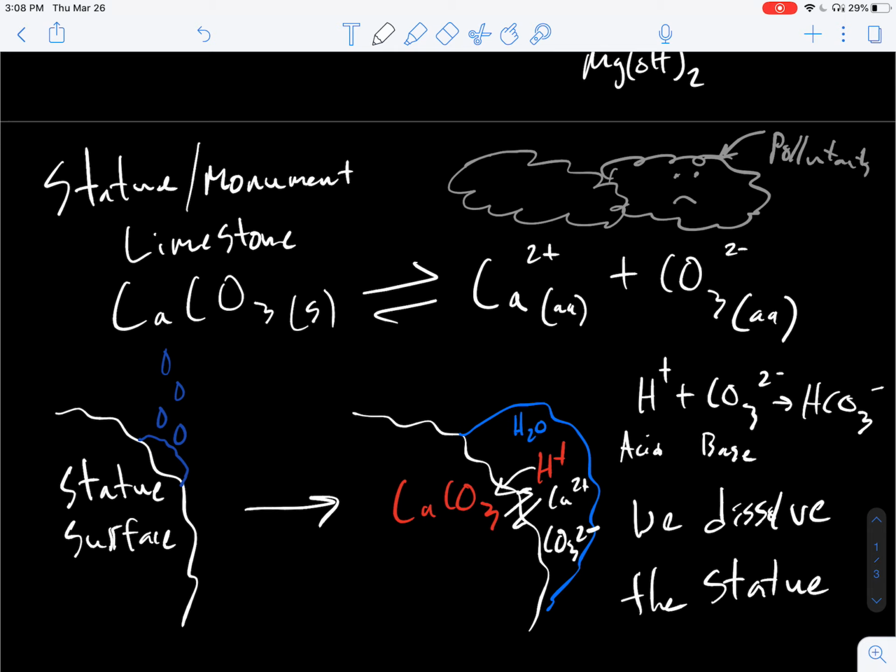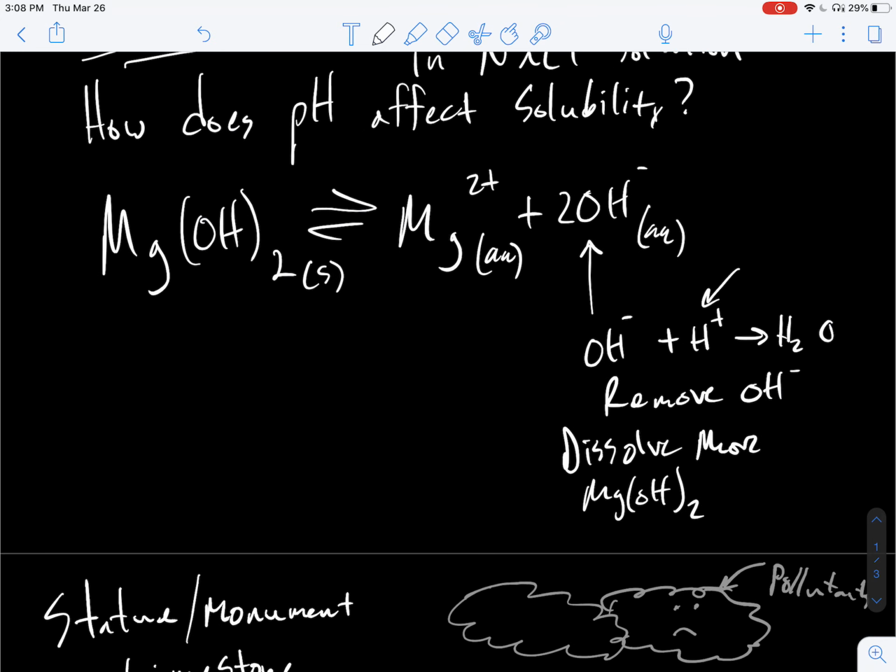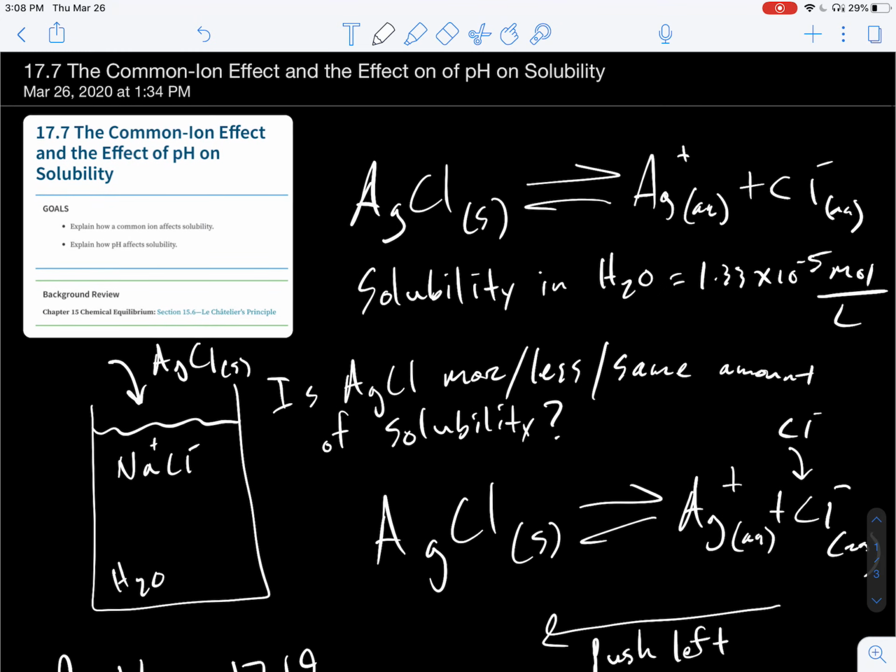Okay, that is pretty much everything I'd like to talk about for this section. Go through the practice problems in section 17.7